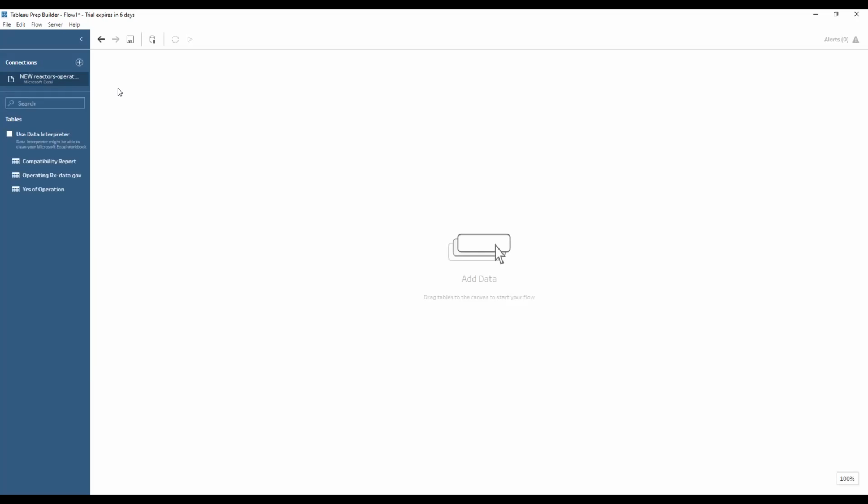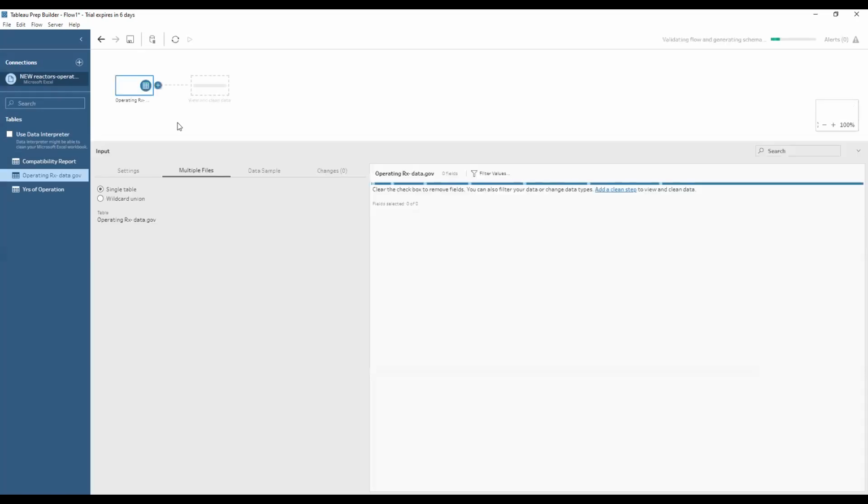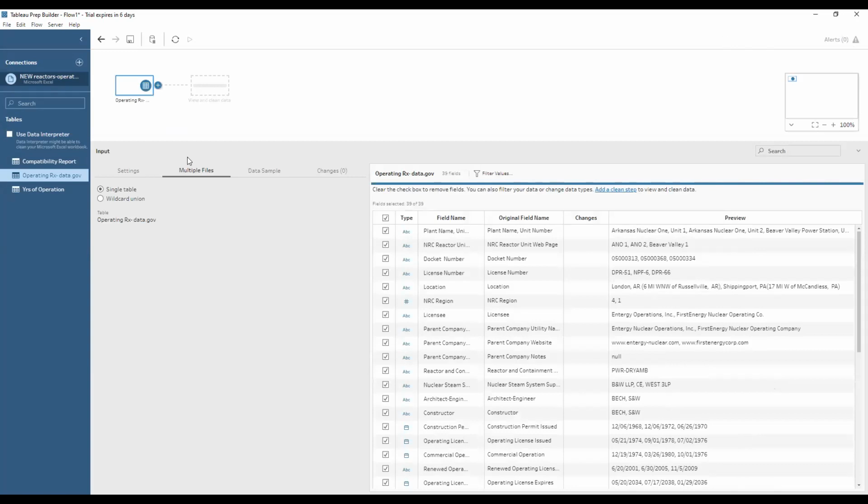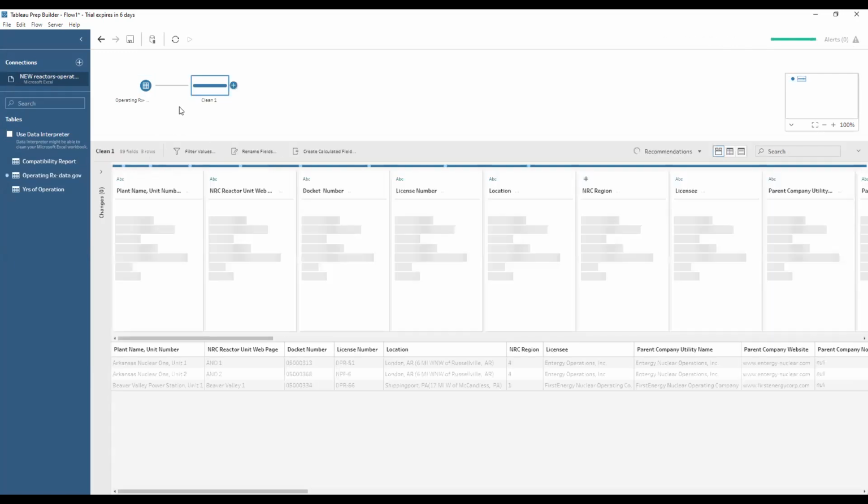Okay, so our main data is the operation ROX. So drag that, bring in that table. This one. Yes, drop it. Okay, so this is just our metadata field. And here, add the step so you can preview your data.